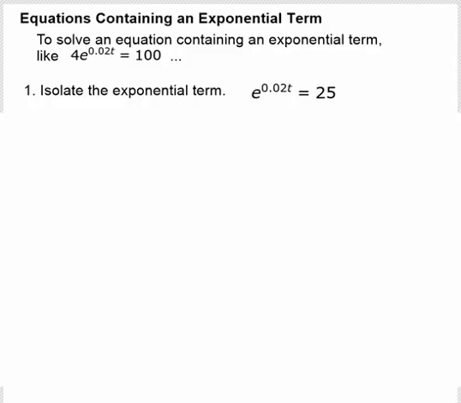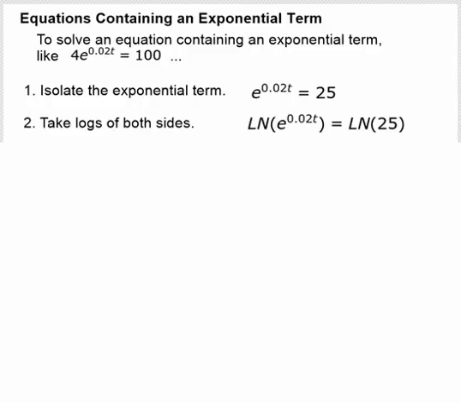Now we want to turn that exponent into a non-exponent. Well, we do that by logging both sides. And when you log both sides, you want to match the base if you can. Here we have a base e exponential, so we are going to use a base e log, which is our ln log. So we take ln of both sides, and now that is going to allow us to move that